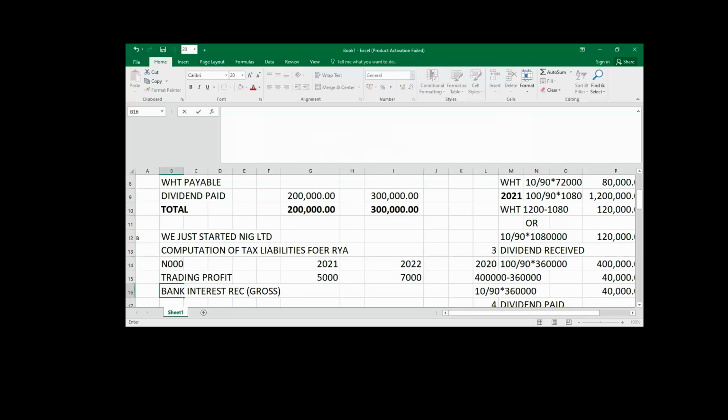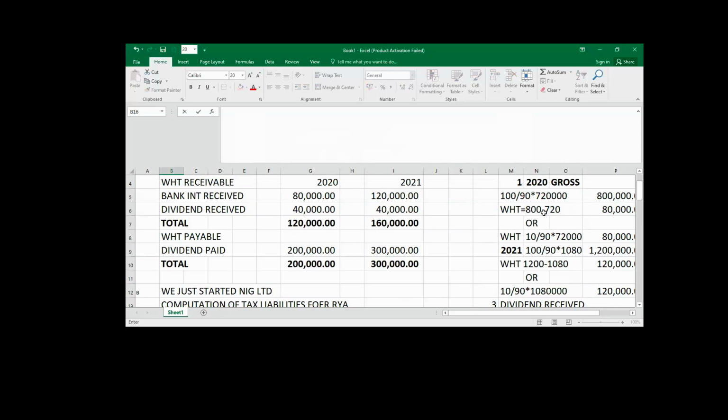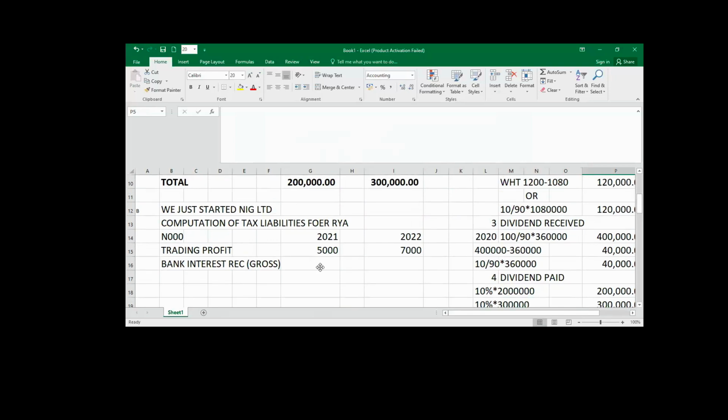Don't forget, when we are doing the calculation, we have calculated the gross amount here. For 2020, the gross amount happened to be 800,000, while for this one, the gross amount happened to be 1.2. These are the gross amounts, 800 and 1.2 that we calculated here. So that amount is what we are going to put here. 800,